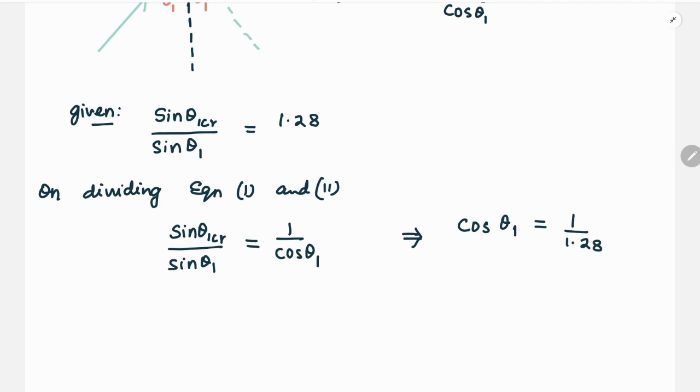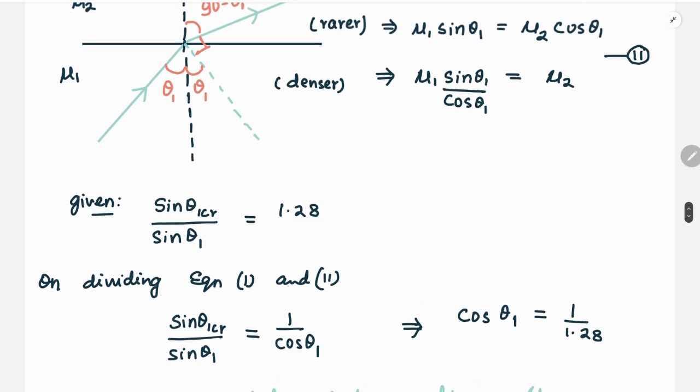Now, as the problem is asking us to calculate the relative refractive index of this medium, mu1 by mu2 is to be calculated. So to calculate mu1 by mu2,